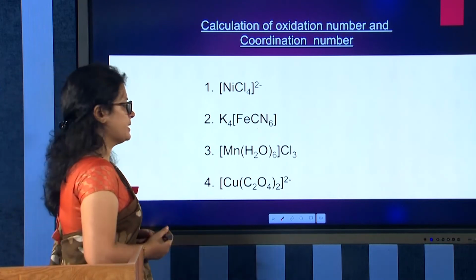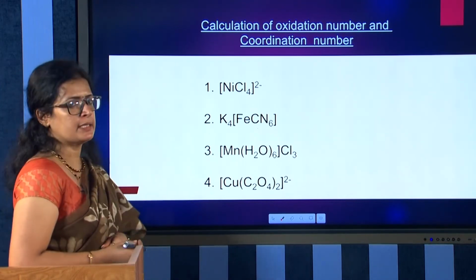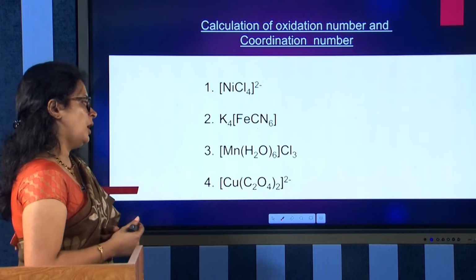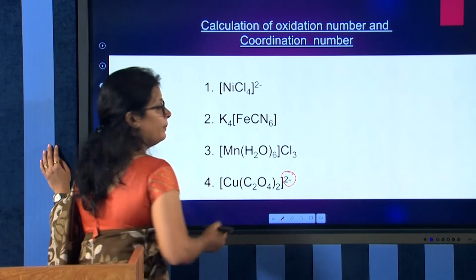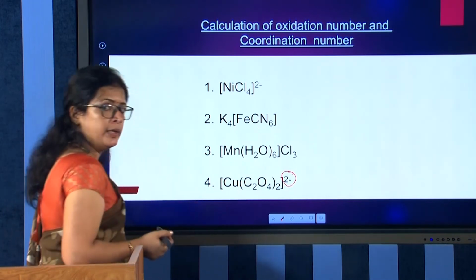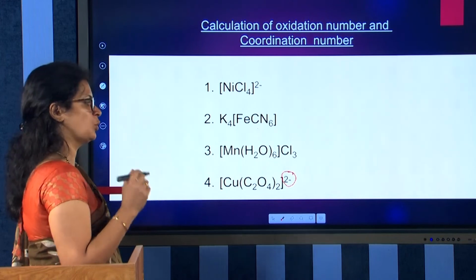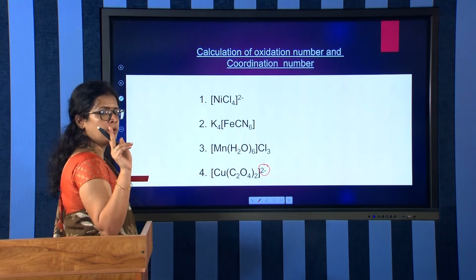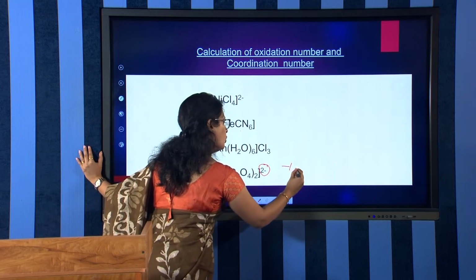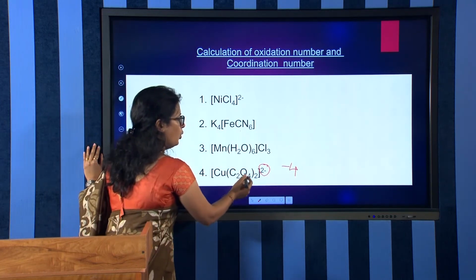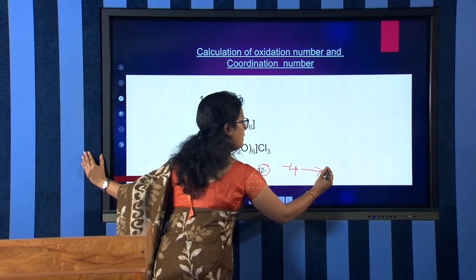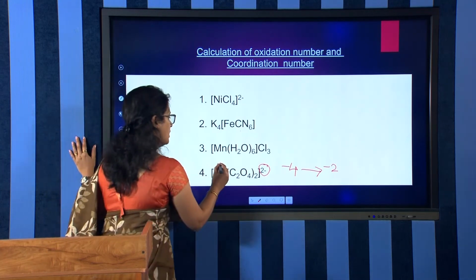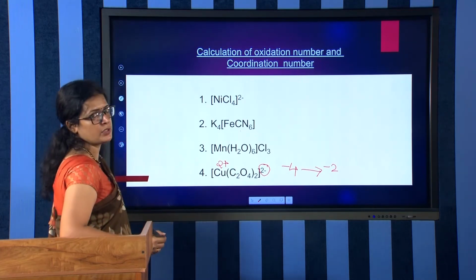And you can see the fourth example, that is C2O4 twice 2 minus, and the complex is having the central metal atom copper, and we can calculate the oxidation number. You know that the charge on the complex is 2 minus, and the ligand is oxalato ligand. Oxalato ligand is having a charge of minus 2, and how many oxalato ligands are there? 2 oxalato ligands. So 2 charge for 2 oxalato ligands. So on the total you have minus 4 charge for the ligands, and minus 4 to become minus 2 means what should be the oxidation state of copper? It should be plus 2 oxidation state. So copper is here having a plus 2 oxidation state,